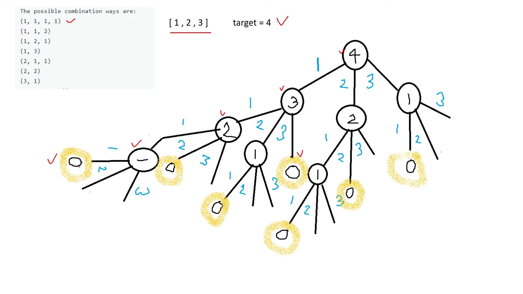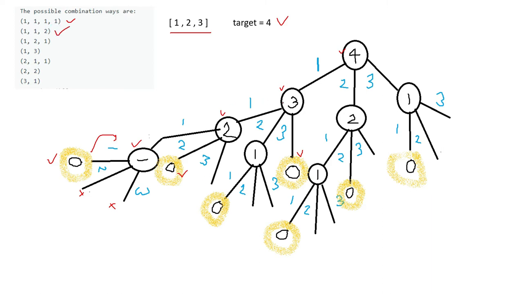Then as it is 0, if we add a bigger number like 2 or 3, obviously it will go to a negative value. So on this side and this side, there is no need to go. We have to come back from here and backtrack, and from here we have to see the other options, 2 and 3. And here we got another result, and this time it is 1 plus 1 plus 2. So the second result. Then if we go back here, it will be negative.